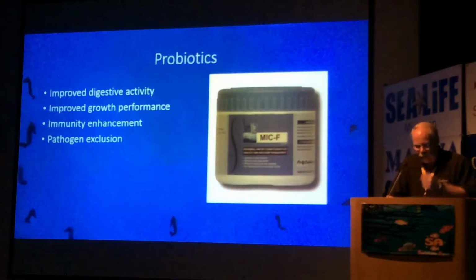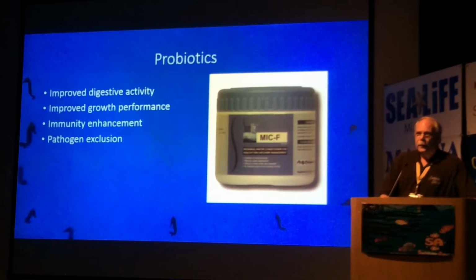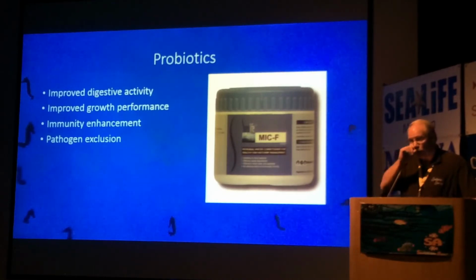As far as the question on the probiotics, we use Sanolife from Envy. Envy makes 2 different Sanolife. In fact, I think they just came out with a 3rd product. Mike F is one of the products. Mike F is specifically for fish. They used to have a product called Mike S, which was for shrimp. They're basically the same product, the difference is in concentration. One is 5 times